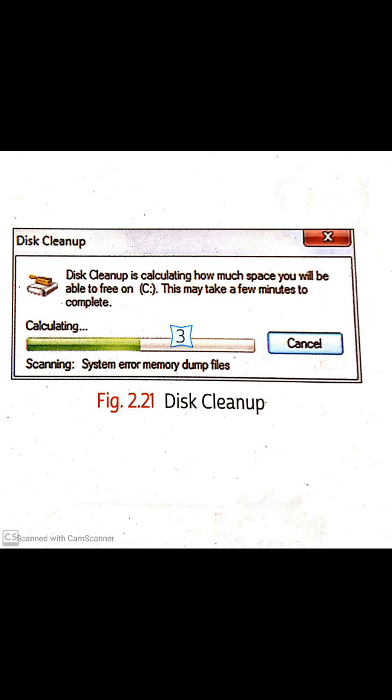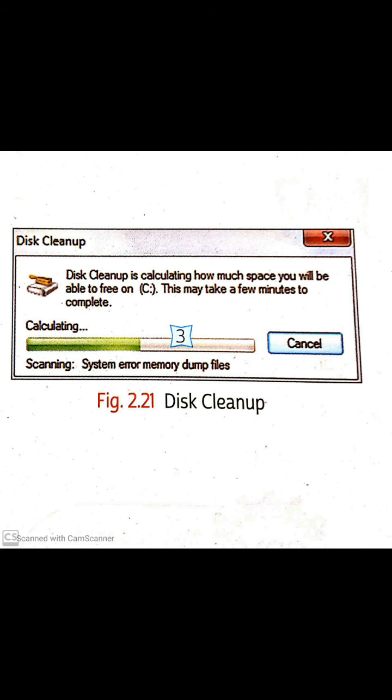The disk cleanup will open and the disk cleanup process will start. So once you click on that, it will take time to remove and clean up. This is how you can clean your disk drive.